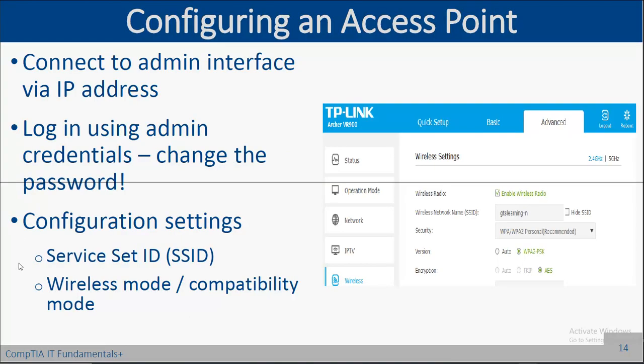So how do we configure an access point, like a wireless router? Well, every wireless router will have some admin interface that you reach through an IP address. Depending on the brand name, whether it is Linksys or whatever it is, you should read the instructions on how to connect. But there's going to be an IP address. You go to that web page, and then it's going to have some kind of credentials,